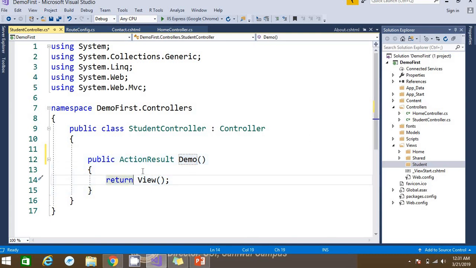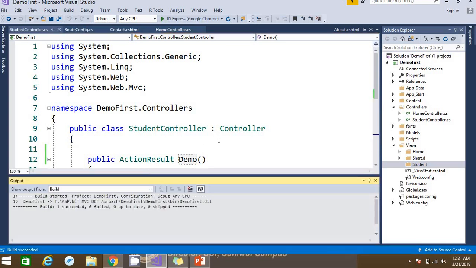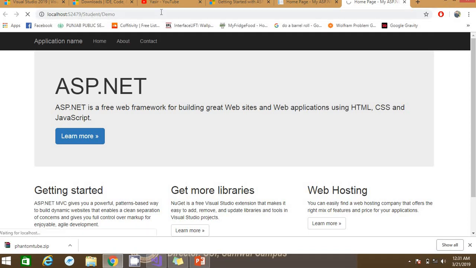Before I add any view, let me run the project, and we want to redirect to the student controller's demo action method. So if I hit enter,